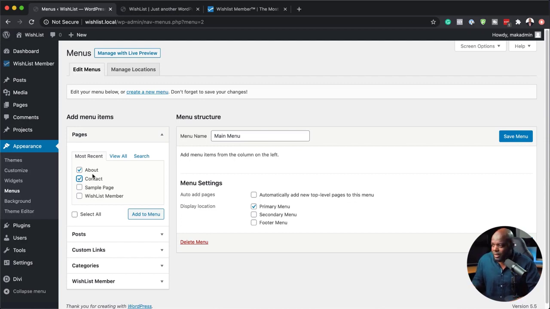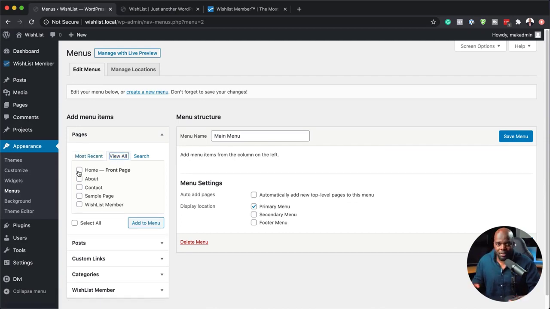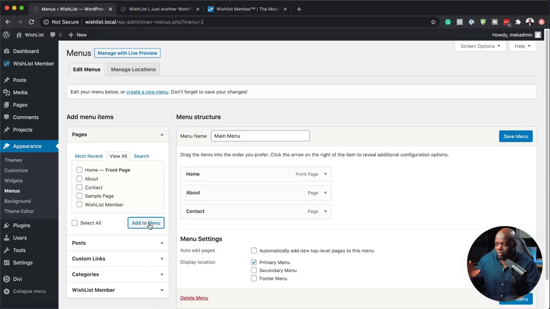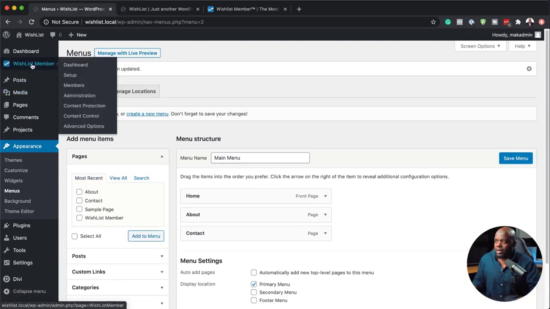So I've just selected here. In fact, you know what? Let's view all. I want to see all the pages. So I'm going to go to home, about, contact. So these are the main ones that I really need to add for now. So now I can click on add to menu. So now all my pages are added onto the menu. Okay, that's looking great. I'm going to save the menu, and back over here now on our site,